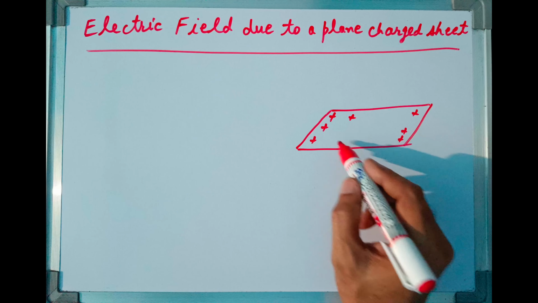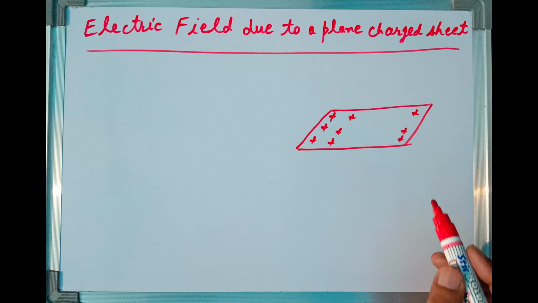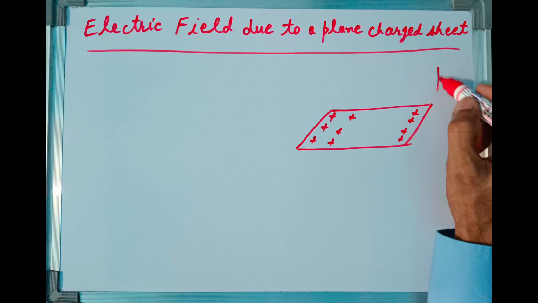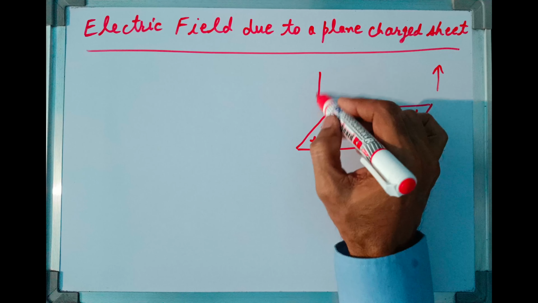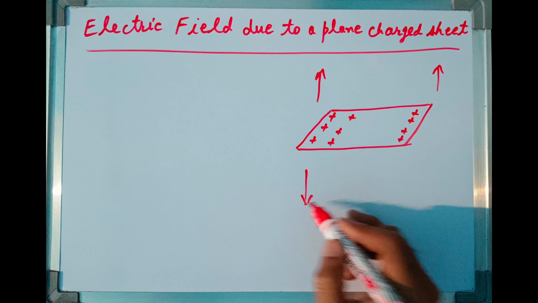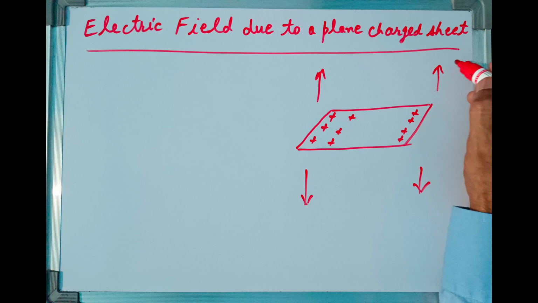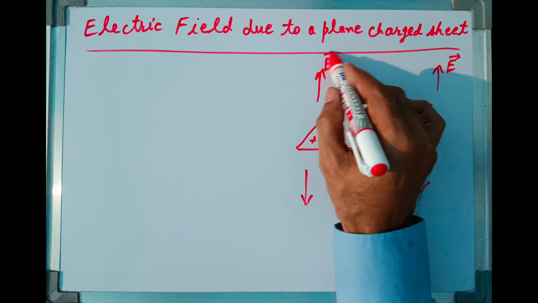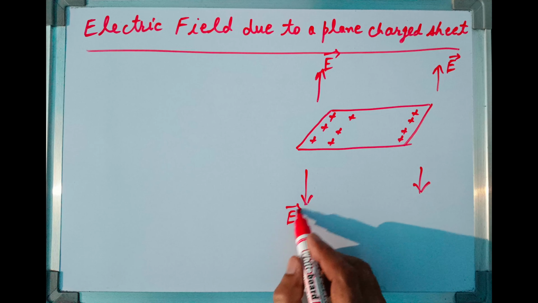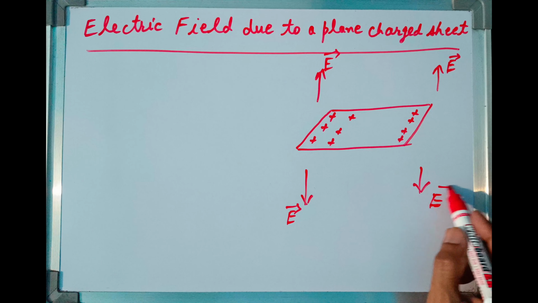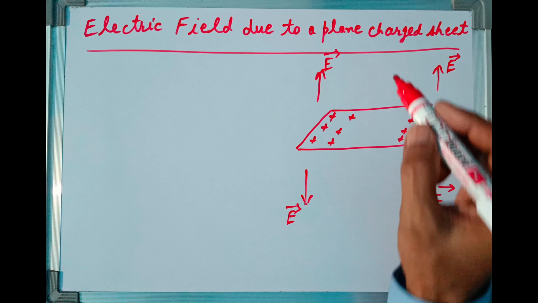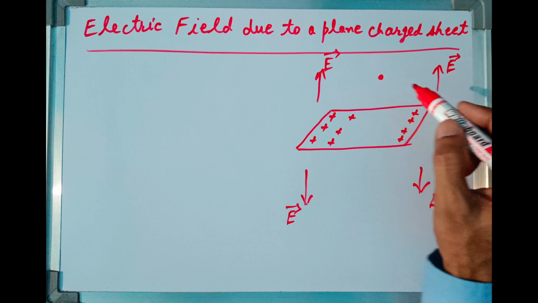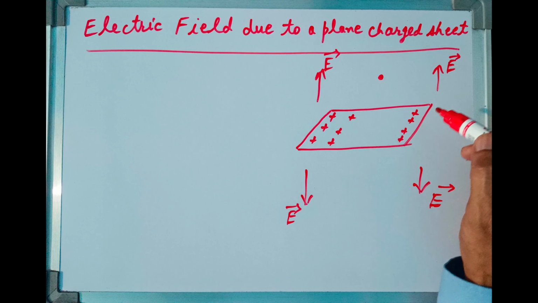When the sheet is positively charged, then electric lines of force will come out of it in both the directions, upward as well as in downward direction. So these arrows represent electric field due to this charged sheet. Our question is, what will be intensity of electric field at any point? Let me suppose the point is P, and this point P is at some distance